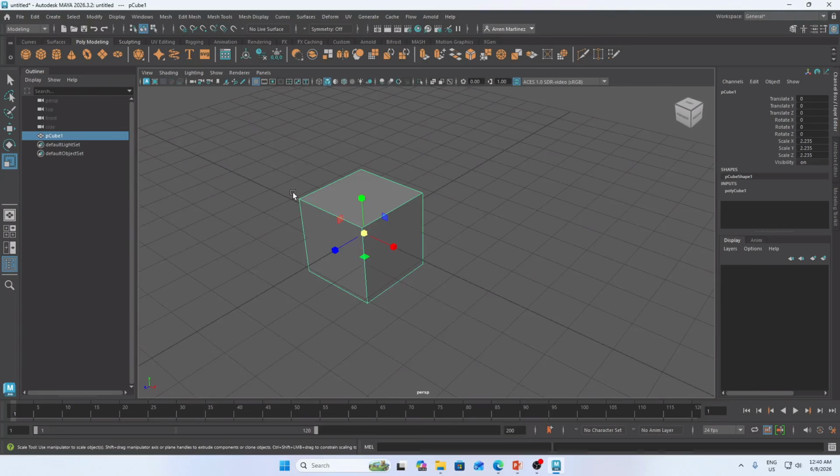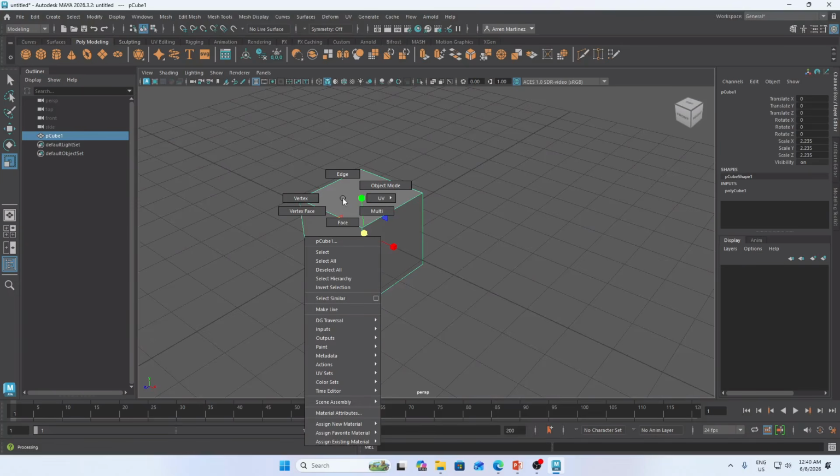We can do that by holding the right click of your mouse. Okay, hold the right click, don't release it yet. So move, for example, we have here vertices, we have here edge, we have here face. And we have the object mode.